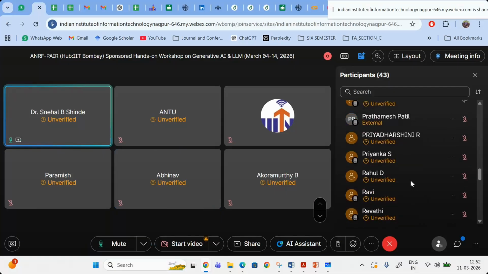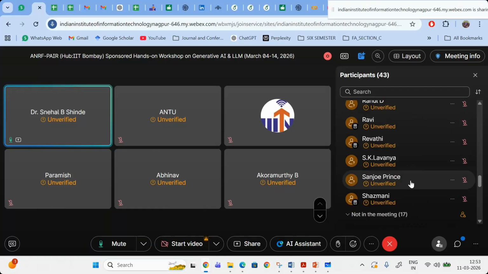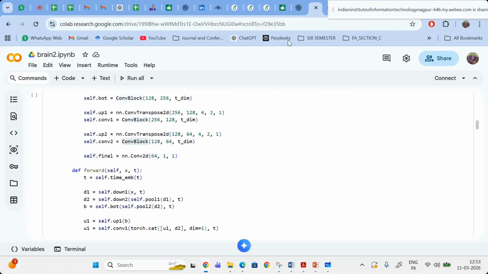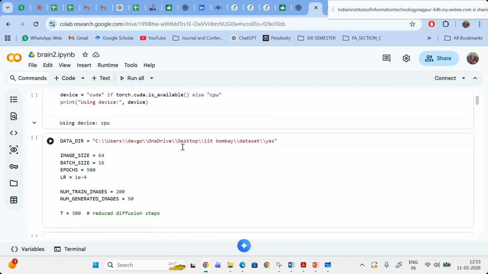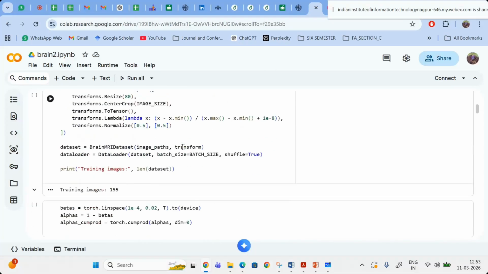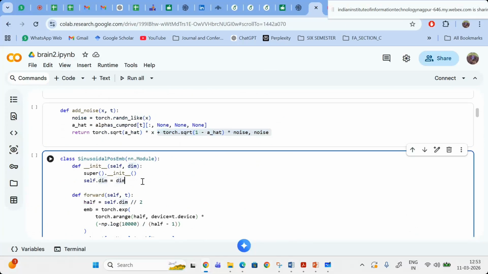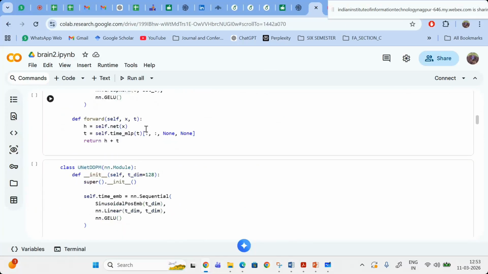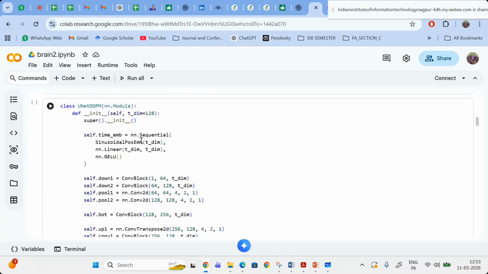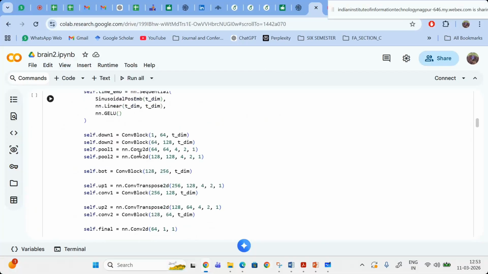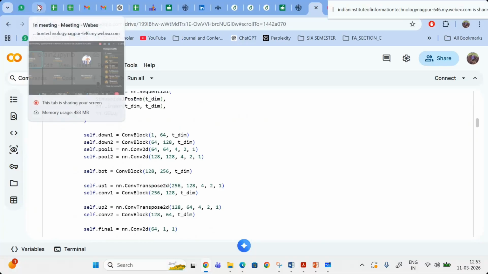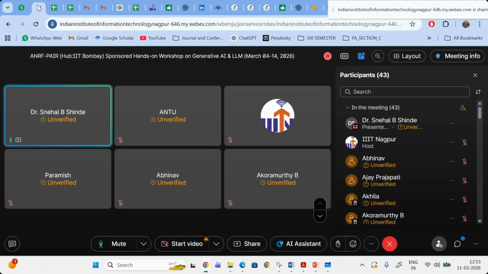Basically, you can remember the UNet architecture and then the convolution block. This recap is like you just remember the down sampling path and up sampling path. And from that, if you see here, this is a simple code for that transform. Here you can see adding noise. Then next one, the sinusoidal positional embedding. Like that, you can define different blocks. The main part is the optimization technique, the down block and up block. That is the main part I feel you need to remember while doing this diffusion model.